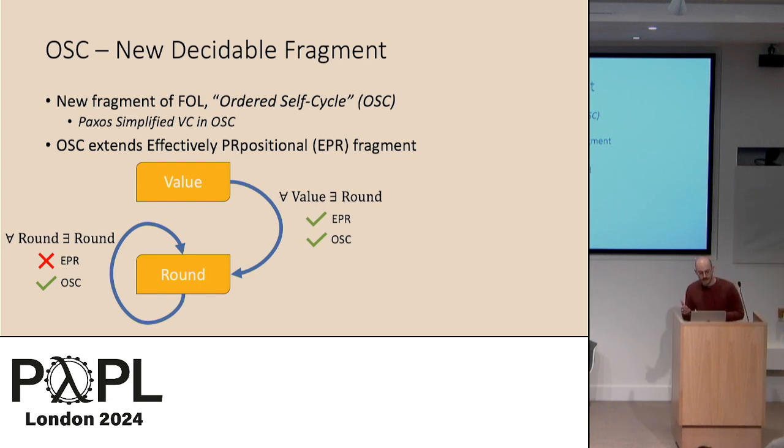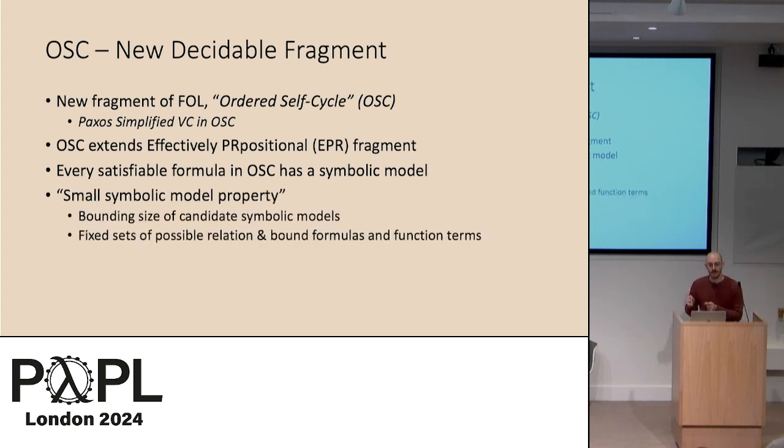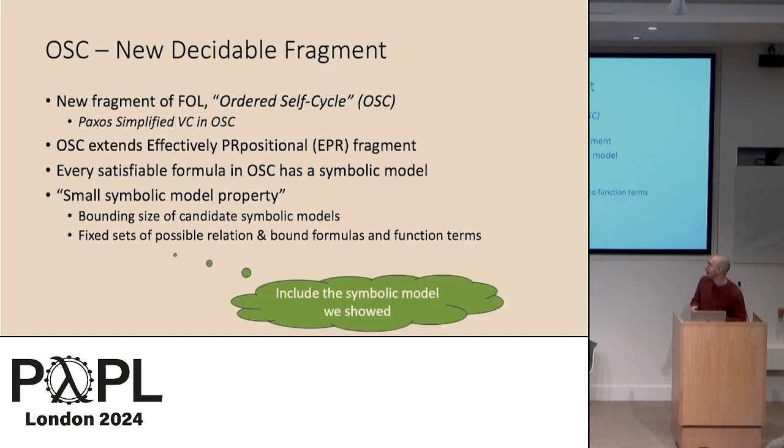And the precise definition of OSC includes a bit more details, and you can find it in the paper. But the important property of OSC is that every satisfiable formula in OSC has a symbolic model, and further, it has a small symbolic model property, which bounds the size of the symbolic domains we need to look for, and fixes sets of possible relation formulas, bound formulas, and function terms we need to consider. And specifically, the symbolic model that we just saw falls exactly into these small model property models we need to